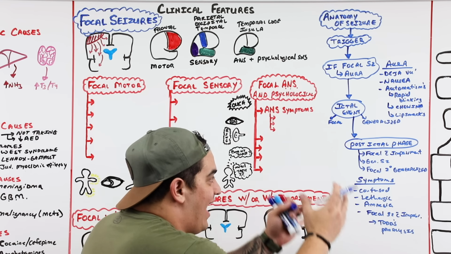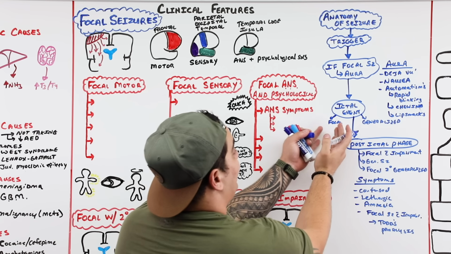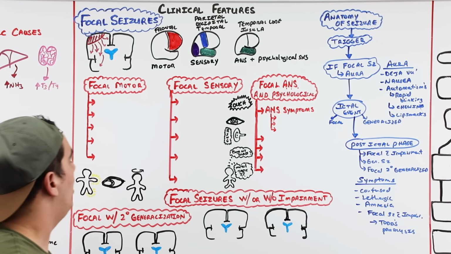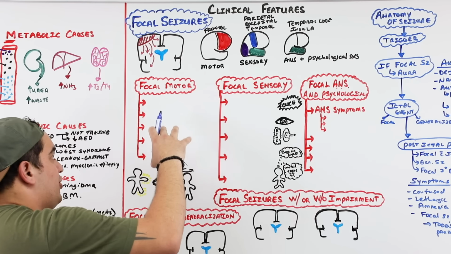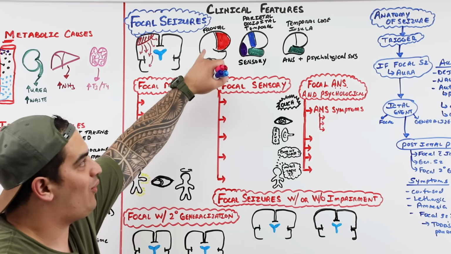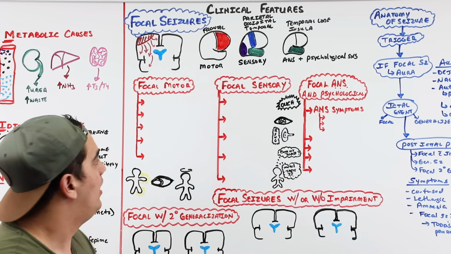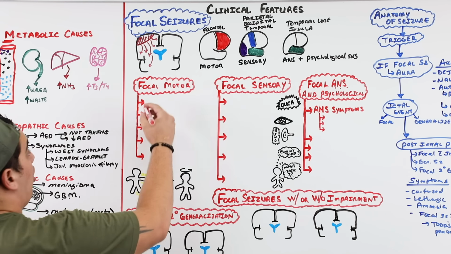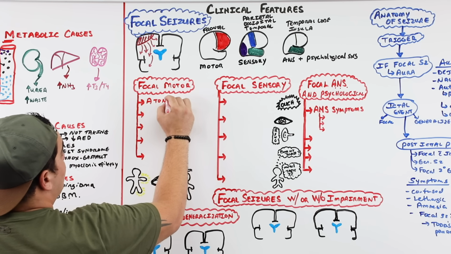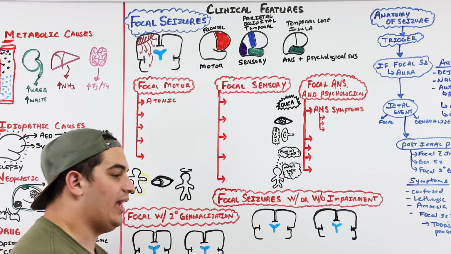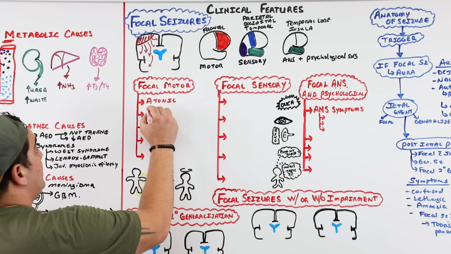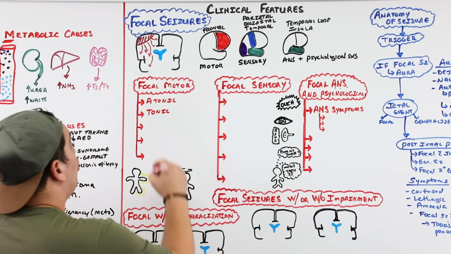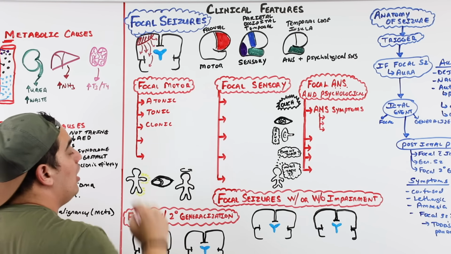Okay, now that we've hit the anatomy and pathway of a seizure, let's start talking about these ictal phases, focal and generalized seizures, in more detail. All right, cool. Focal seizures with the motor type. Again, this is primarily a seizure generated within the frontal lobe. This can present in a couple of ways. The first one I want you to remember is atonic: their muscles become super lax and weak and they can collapse. Another is the exact opposite, tonic, a stiffening of the muscles. Clonic is quick jerking of the muscles.